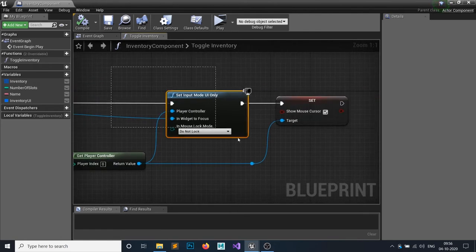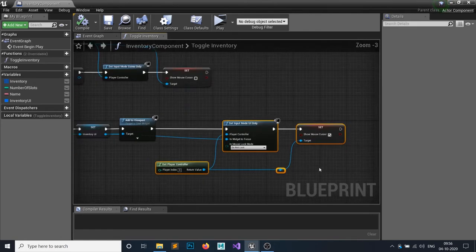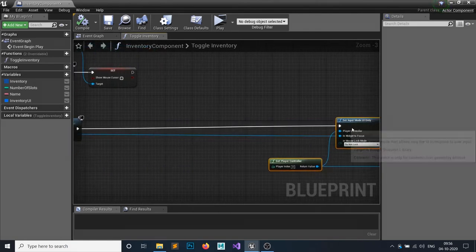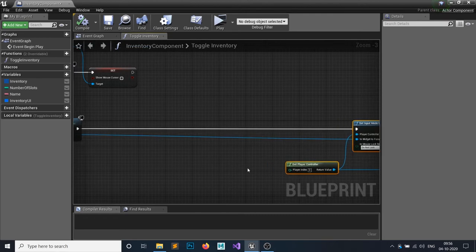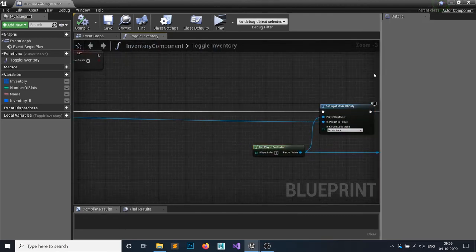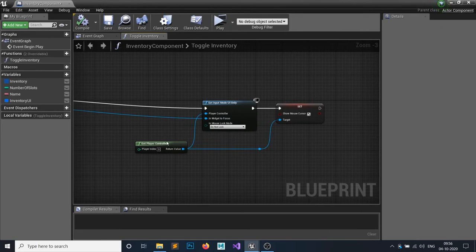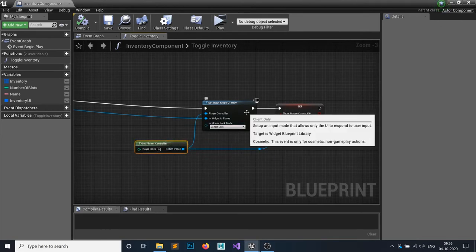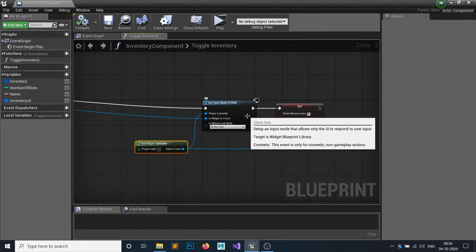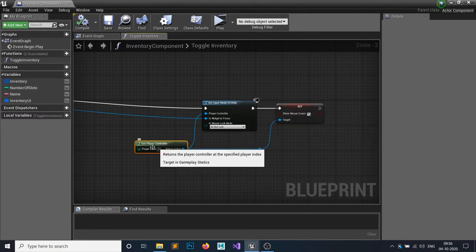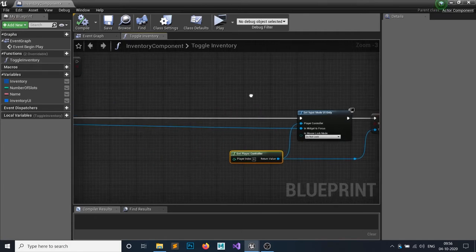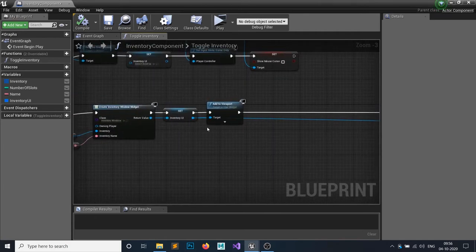Just move this one a little bit to the right side. You can see I have made this player controller by getting this player controller, and the input would be UI only. But if you are using a different player controller than the default one, then you have to cast it to your player controller, otherwise you might face an error.